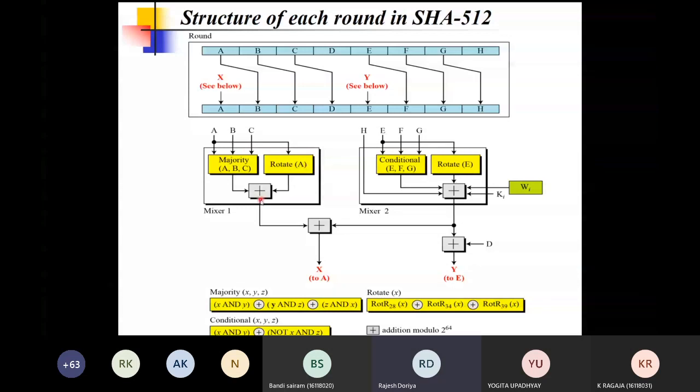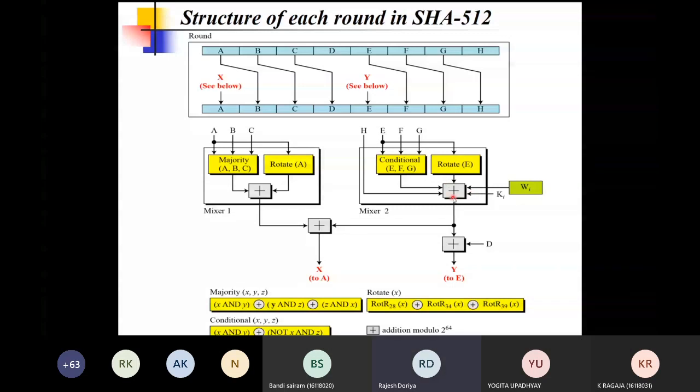In mixer 2 we apply the conditional function and a rotate function. The results of these 2 operations are XORed along with the input word, and this will also include a key. So these 5 values will be XORed together.